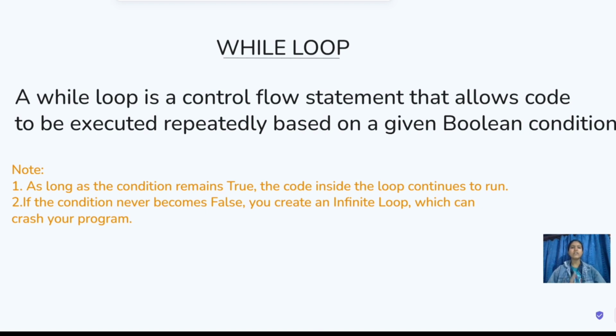When we write the condition, the condition is a very important thing, with a very important role in the while loop. If the condition never becomes false, the loop will run infinitely and that is the risk. So basically the condition should become false at some point, and we say that the condition should be correct.